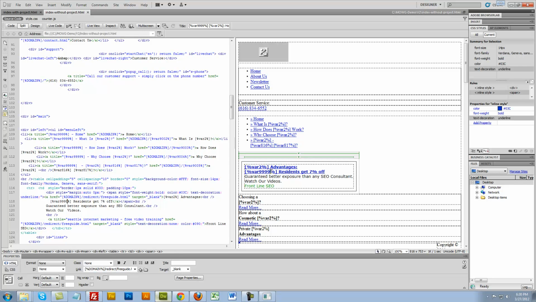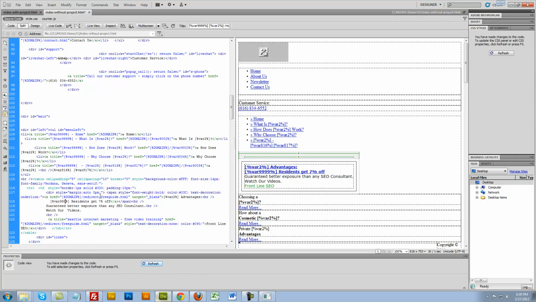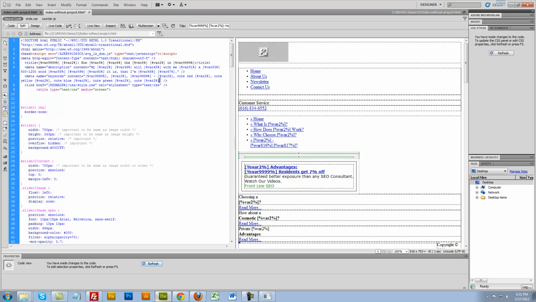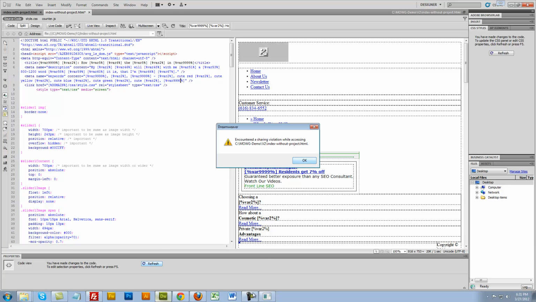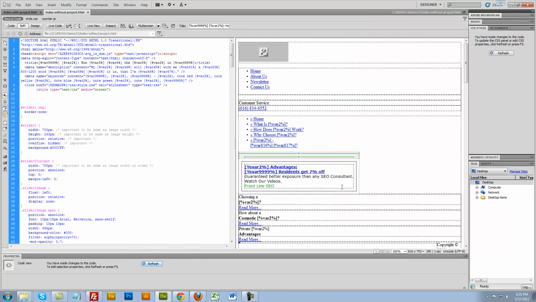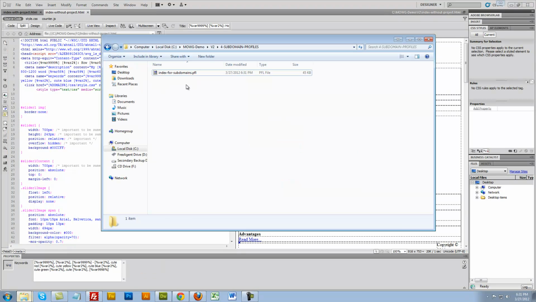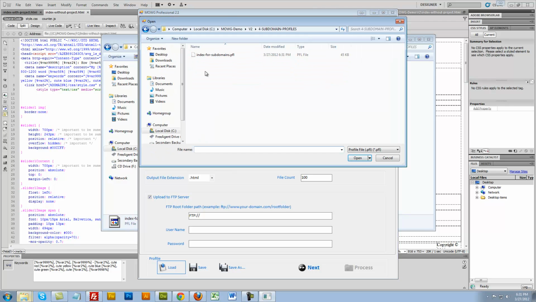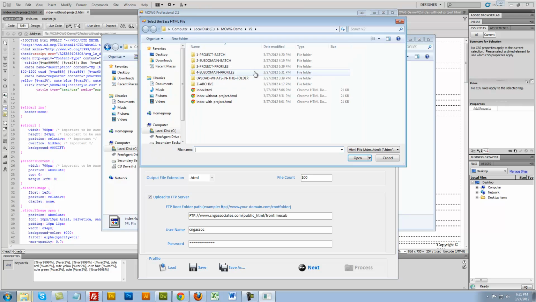So I just took this and made it a 7, and then I added the 8 one up into the keywords. So I'll do that real fast. Come up to the keywords and comma space, and let's change that to an 8 so that it all works. Save. Counter sharing problems because I'm open here in MOWG Pro. Okay, we'll save it, and then we'll go into here, open this profile up, loading subdomain profile, and we're gonna